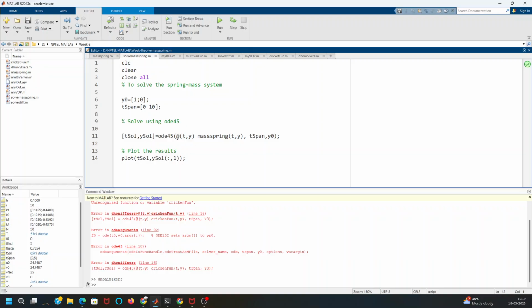So I'll just call this function like this. This is the syntax of ODE45. In that, I have to declare the variables, which are the primary variable and the dependent variable. The primary variable is t, and the dependent variable is y. So y has both x and v here. So that is taken, and I will call this function mass spring t comma y, and then I'll give the time span, and then I'll give the initial condition, and this will give me the